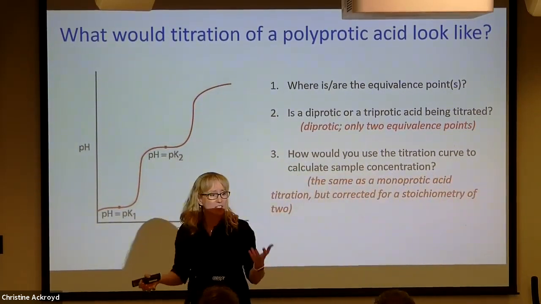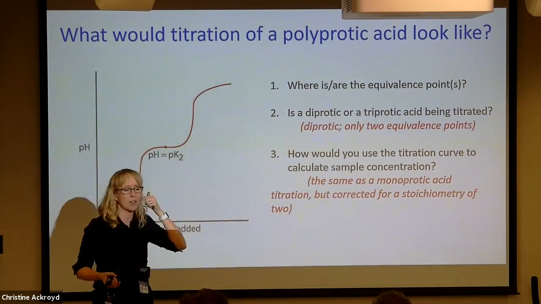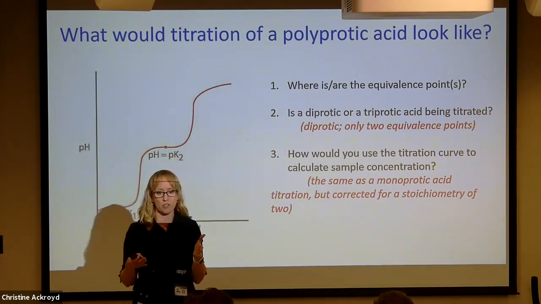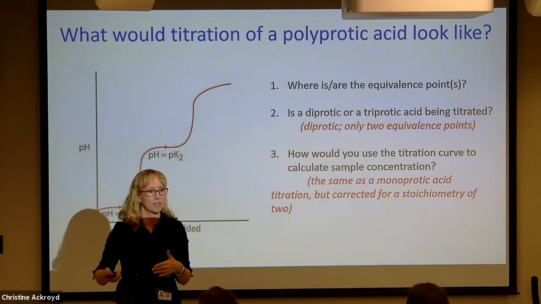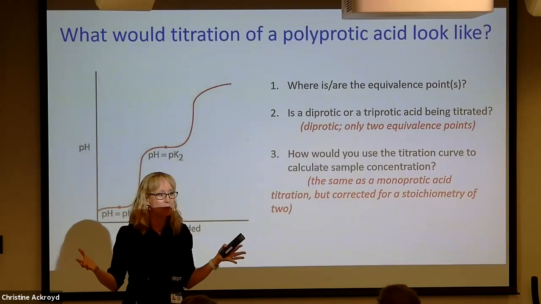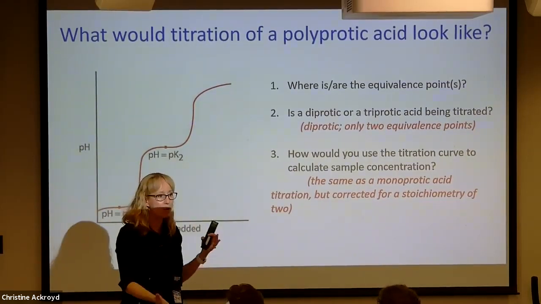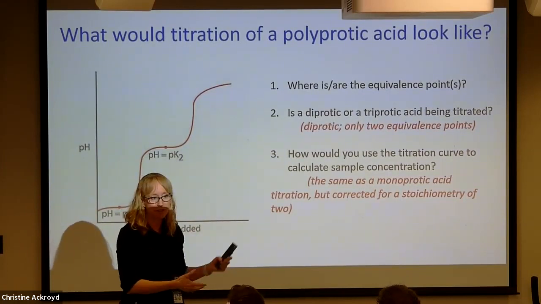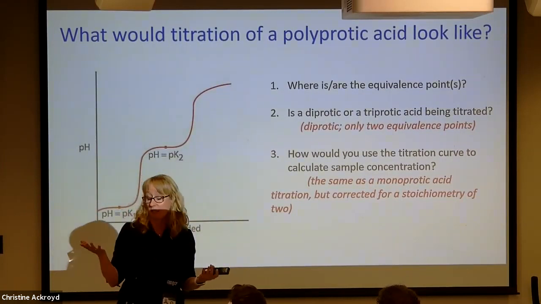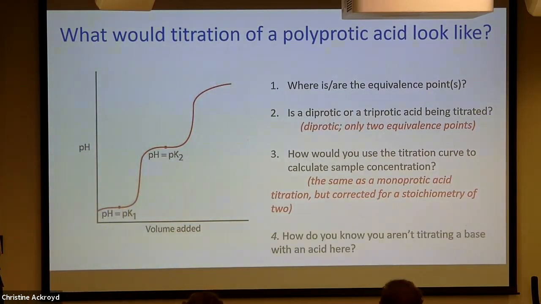Essentially, the calculations are identical, but we have to correct for the difference in stoichiometry depending on whether we're titrating to the first equivalence point or the second equivalence point. So you know the point in a stoichiometric calculation where you say, I know how many moles of starting material I have, and I need twice as many moles of whatever else they're asking for, where you do a calculation that corrects for the stoichiometric ratio. You have to do that here.